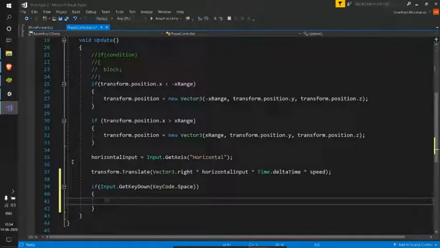I'll be launching the projectile, the food projectile, whenever space is pressed. So this if condition gave us the ability to do something whenever the space is pressed. So this is what we'll be doing here, as I said.